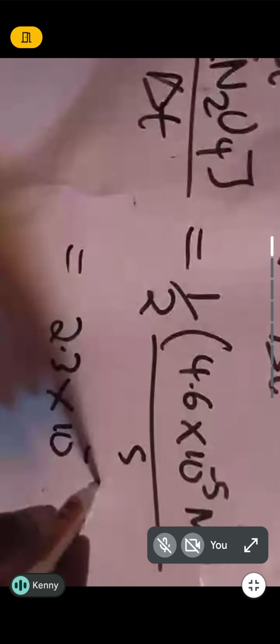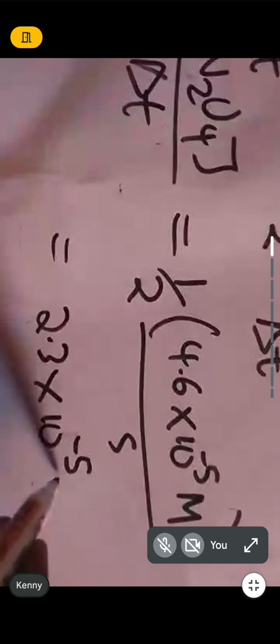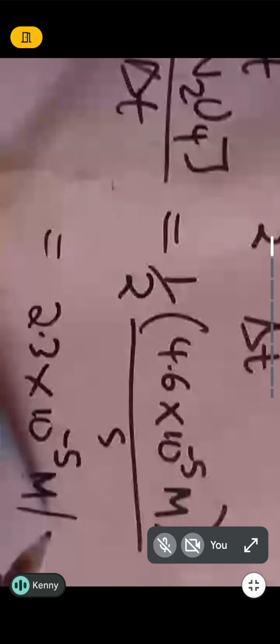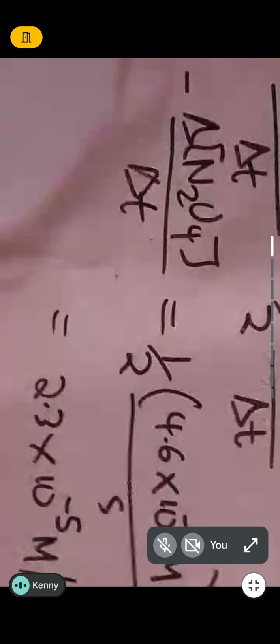It is 2.3 times 10 to the power negative 5 molar per second. On this side there's a negative, as you can see, so this one will be delta N2O4